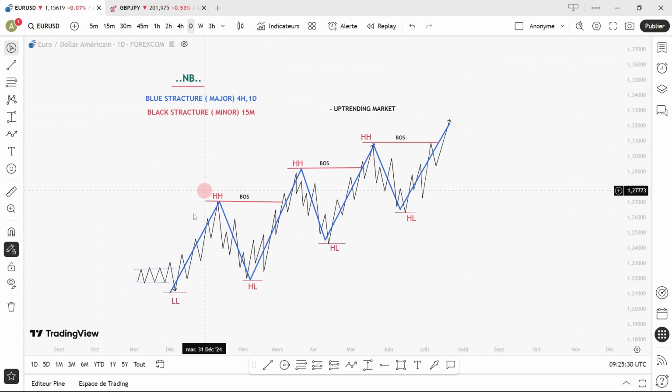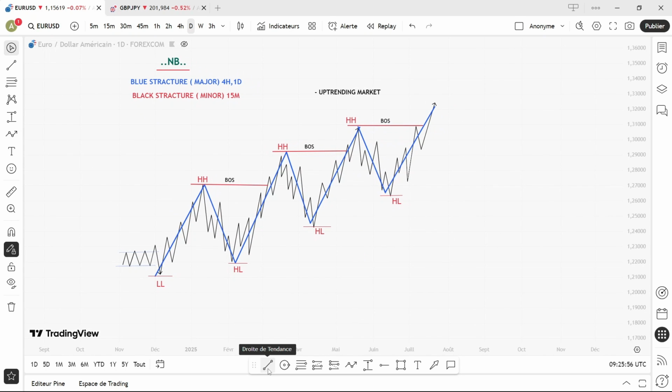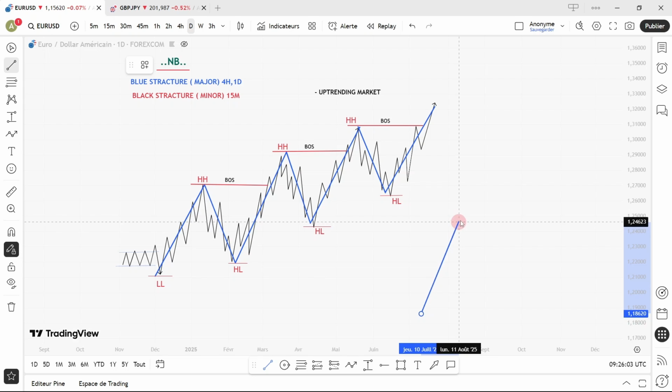This major structure, or higher time frame structure, is just used to give us a bias. We need to know where we are trending. Today, are we trending up? Are we going to be looking for buys or sells? So when this higher time frame structure or major structure gives us a move, an impulsive move,